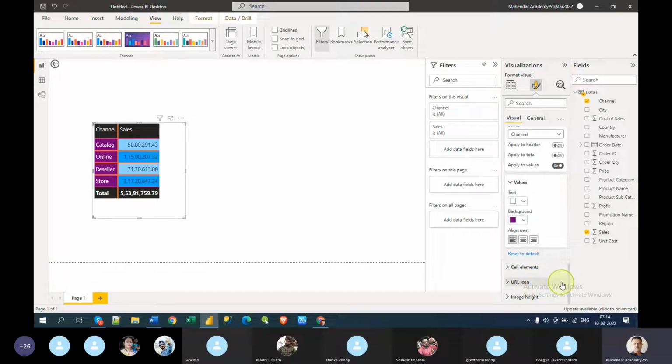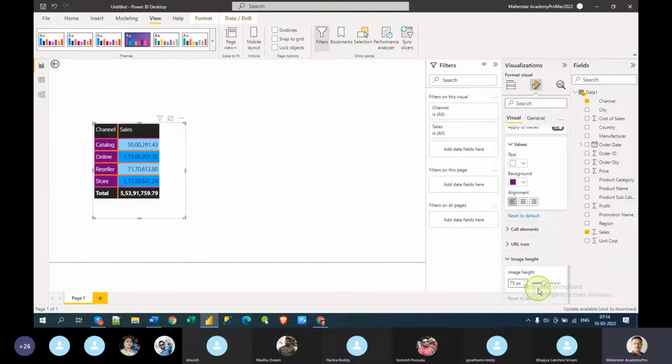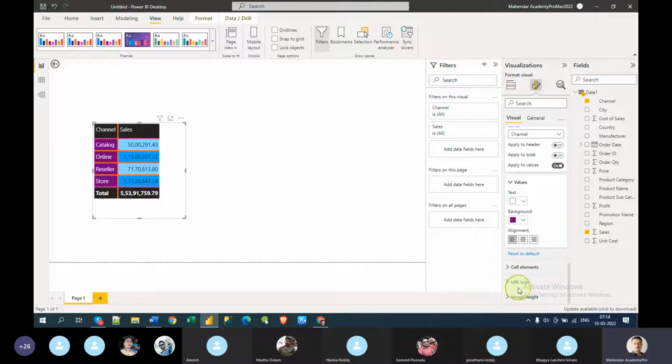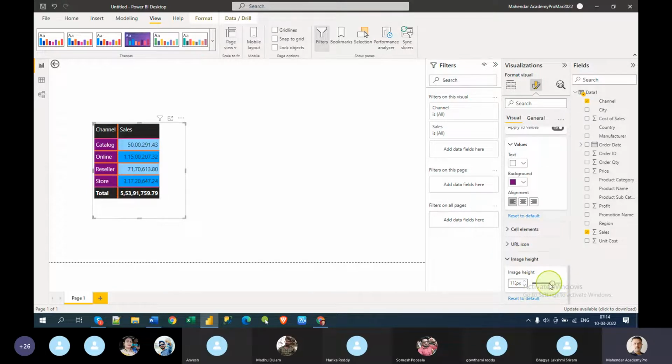And URL icons and image height and all. Height we can just change and see. Image height, what is the image? We have not inserted any image here, so that is the reason you don't see. We will talk about that later.